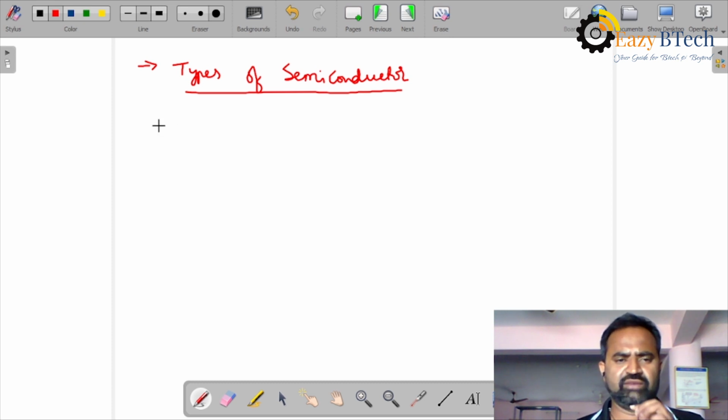Okay, in the previous session we have discussed what is a semiconductor, how the semiconductor energy band gaps are there, and how the silicon and germanium energy band gaps decrease. Now you can see